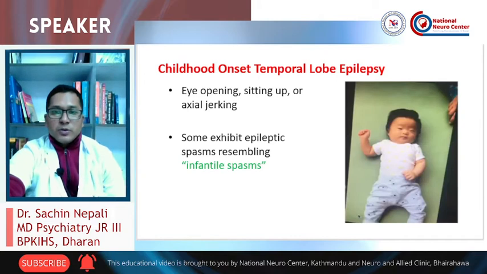Childhood onset temporal lobe epilepsy is another type of temporal lobe epilepsy. Features like eye opening, sitting up, or axial jerking could be present, and they somewhat resemble infantile spasm. So we can see what infantile spasm actually is. We can see this in the